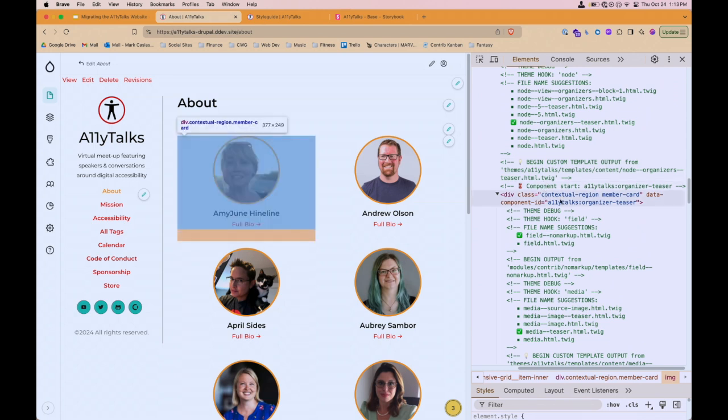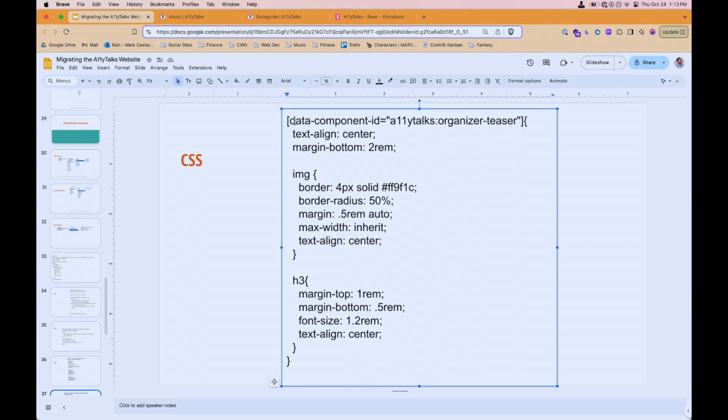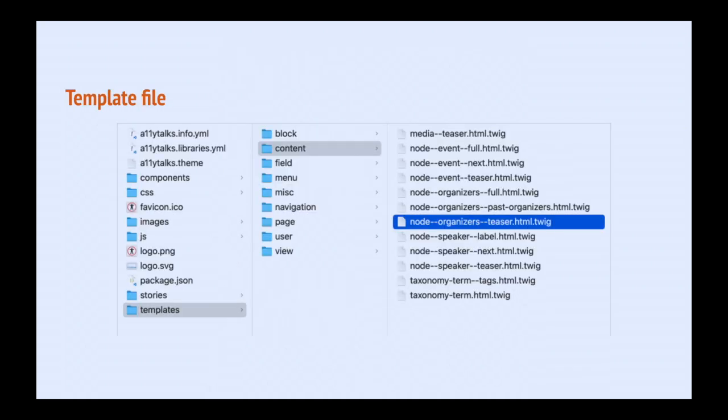Two, it adds this component ID of AllyTalks organizer teaser, which defines the component that you're using, so that in your CSS, right here, you can actually capture that in the whole thing. So anything that has that component data ID will limit the CSS to that, so you can really couple your CSS with your components, which is why I like doing that. And then it's very simple. I added, instead of using variables, which actually converted that to a variable for color, and then the different image media displays, I'll put that in there, but I wanted an easy copy and paste for the display here.